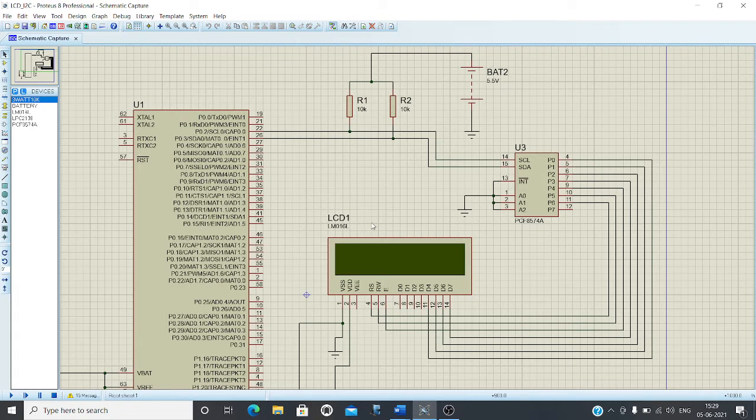In previous experiments, we experimented with 8051 and also with the same LPC2148, where we used 8 data pins.